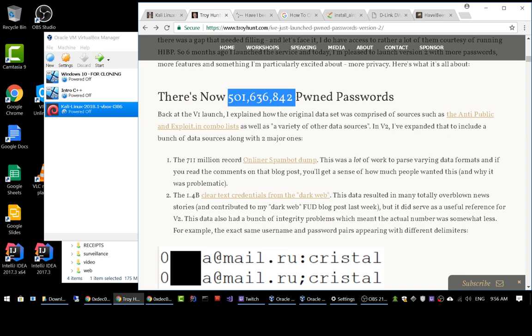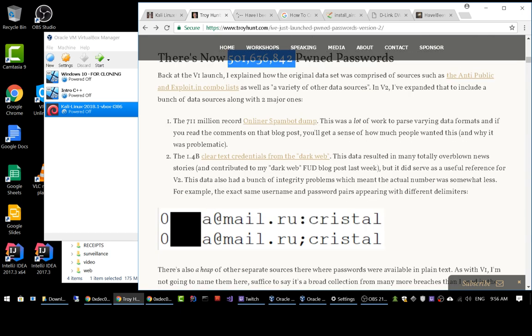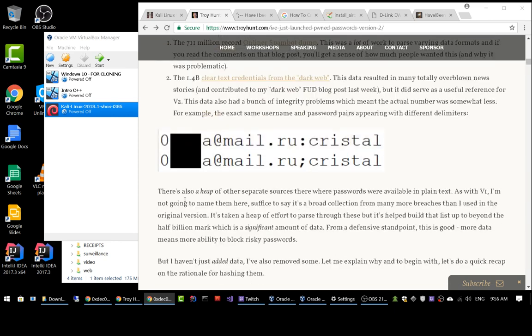Okay, so I downloaded those 500,000,000 passwords. Problem was I didn't look that closely. Those passwords are all SHA-1 hashed. So it's a one-way hash where the only way you could reverse it is by knowing what the password is. So for example, it's hashing somebody's password, and then to dehash it, there's really no way of dehashing it. What you do is you hash somebody's password. This is how